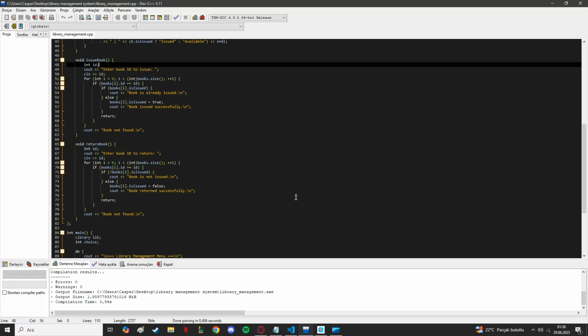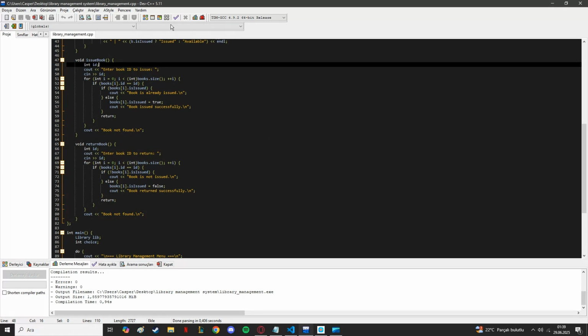In the main function, the program repeatedly shows a menu where the users can select any of these operations or exit the program. Input validation and basic error messages are included for a smooth user experience. The program is written in standard CPP and is compatible with older compilers such as Dev CPP.